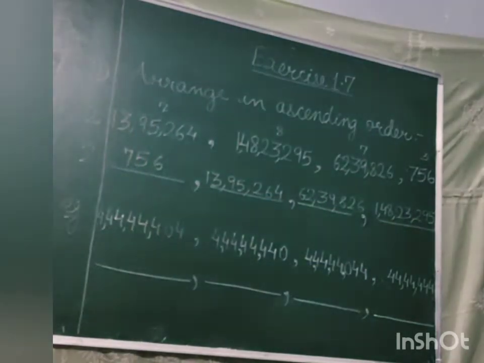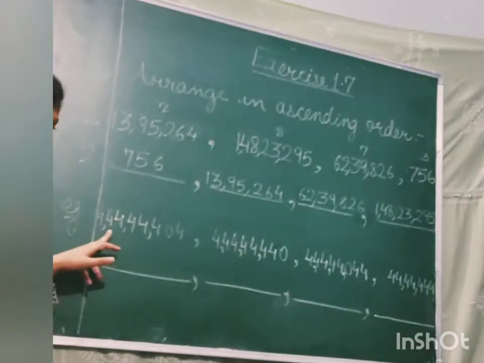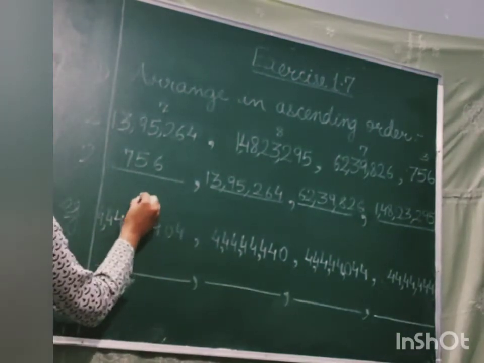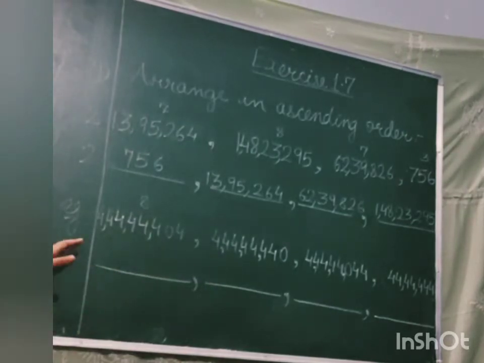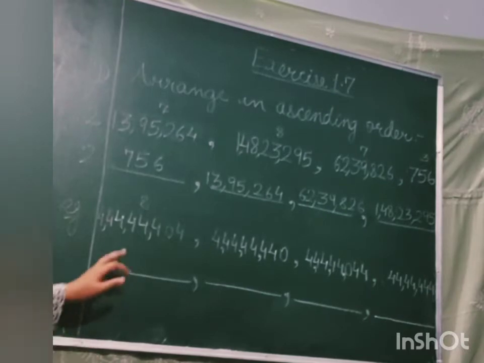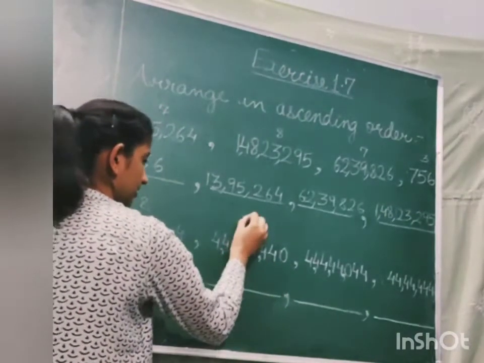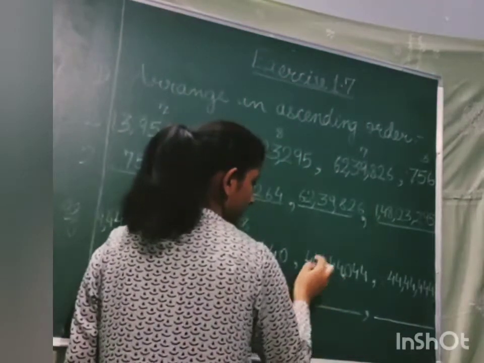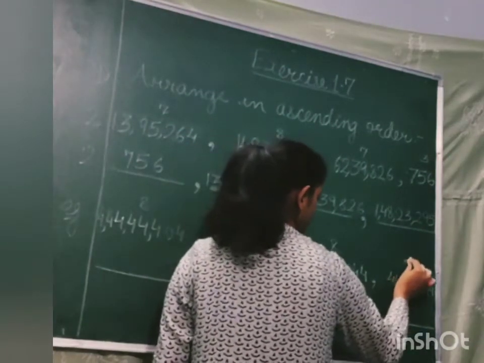Now let's do the next one. In the next example that I have taken, this is again an 8-digit number. Okay, see the digits are all same, 4 and zeros, only 4 and zeros are used. So this can be very confusing. So just write down the number of digits. Here 8 digits again. Now let's see the next one. 8 digits. 7 digits.